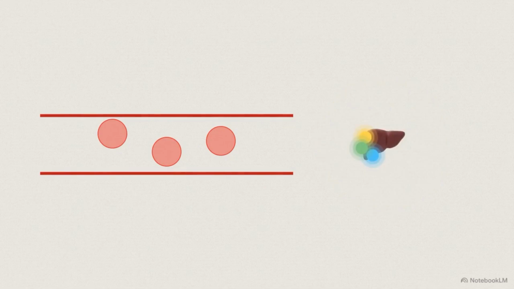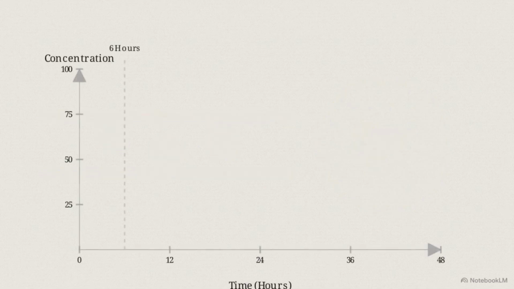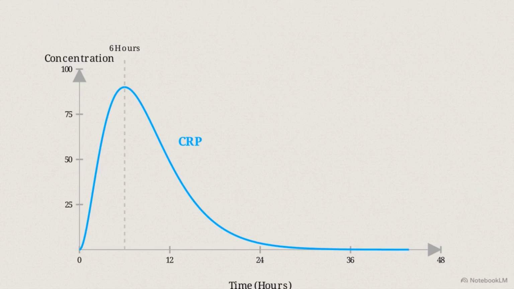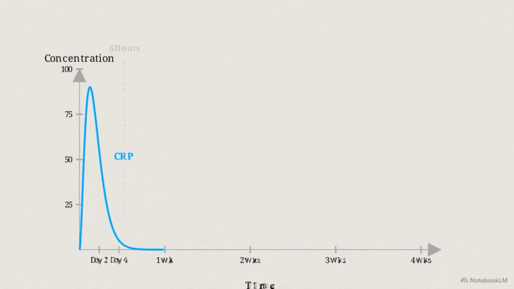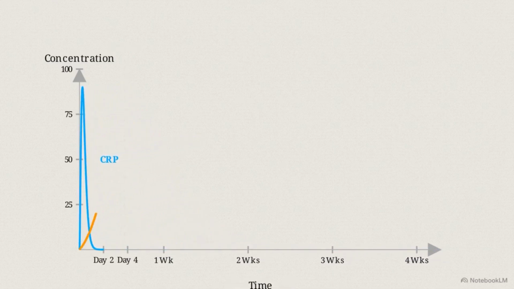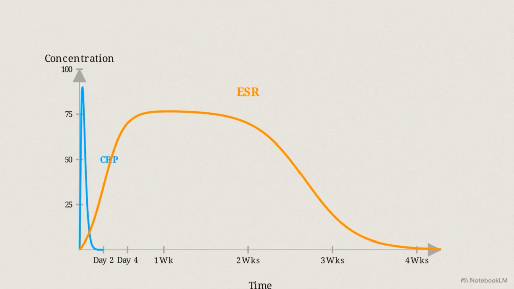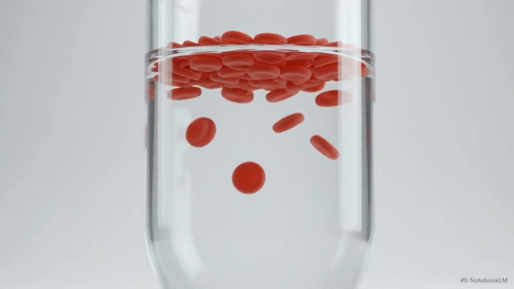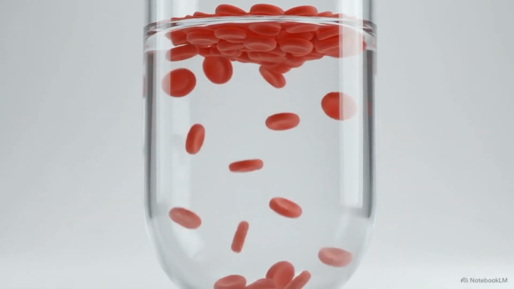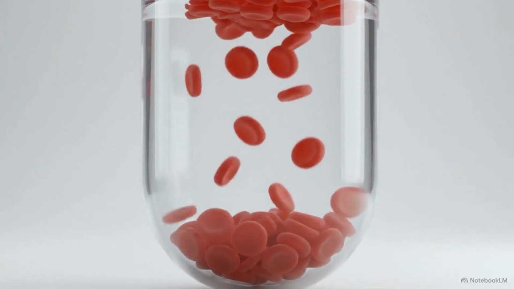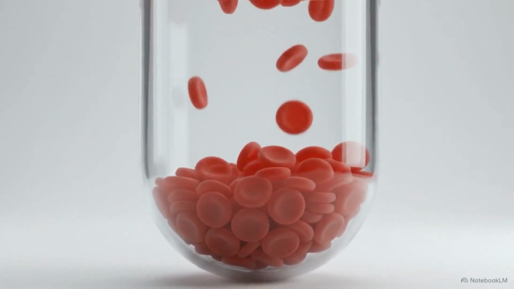upon the liver. This dual line graph plots the kinetics of systemic inflammatory markers. CRP levels surge within 6 hours of the initial stimulus and drop rapidly once the inflammation resolves. In contrast, the erythrocyte sedimentation rate, or ESR, is a lagging indicator. It takes days to elevate and weeks to return to baseline. Furthermore, ESR relies on the physical settling of red blood cells, making it easily skewed by unrelated conditions like anemia